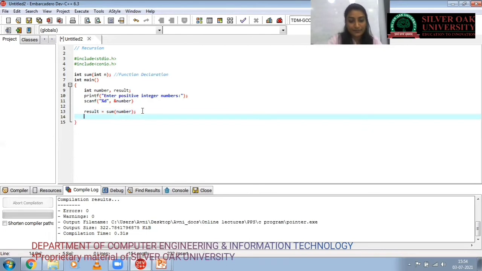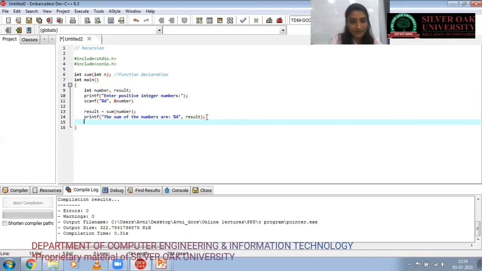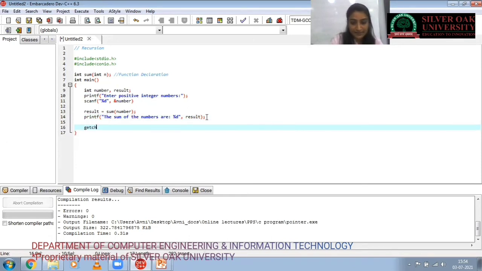And then we print the result variable. This is our function calling.